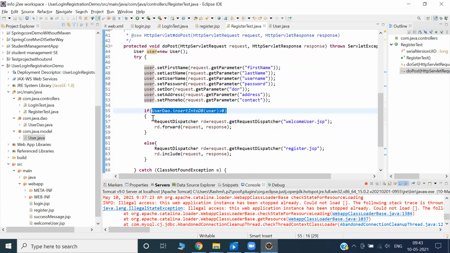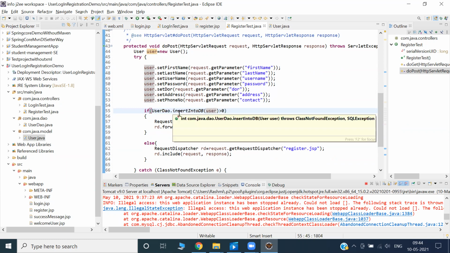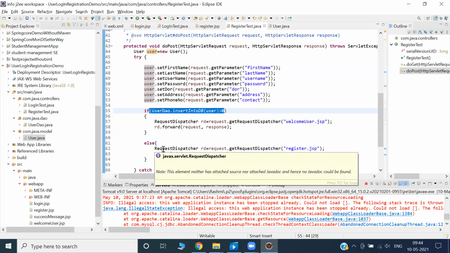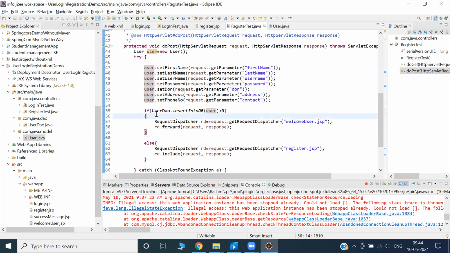If successful, we'll go to welcomeUser.jsp. If unsuccessful, again register.jsp. Then we'll see whether we are successful or unsuccessful. Our fate is in this if condition and else condition. We'll see what the if condition is doing.